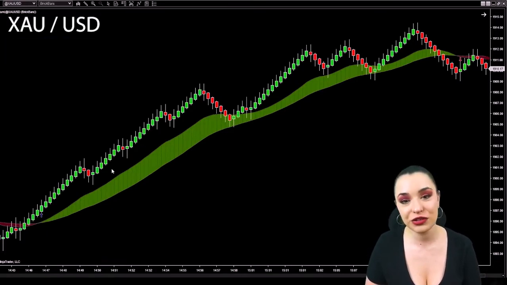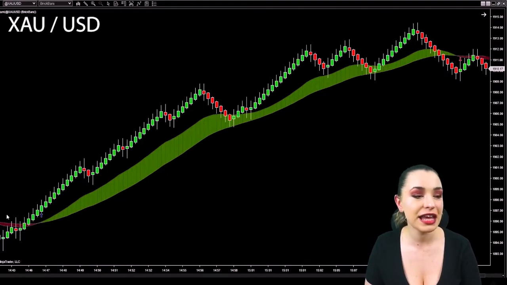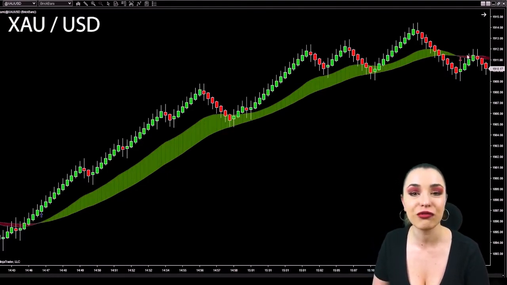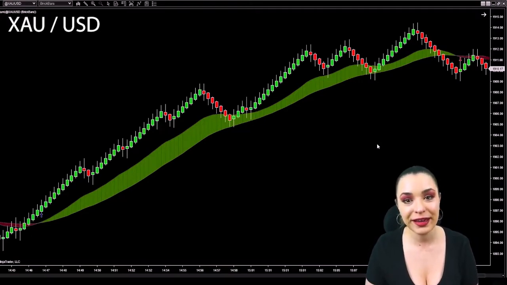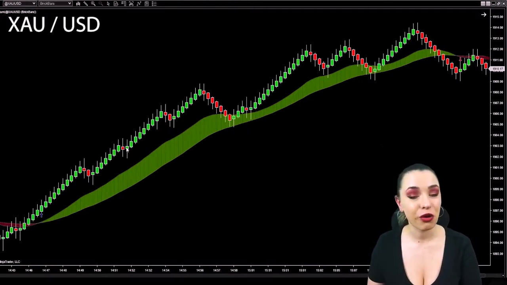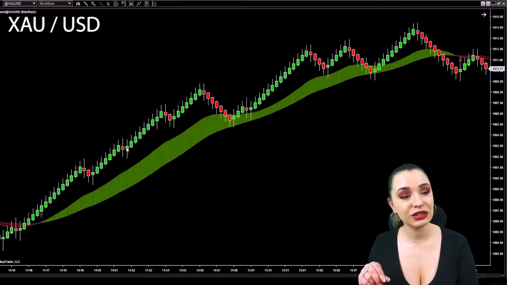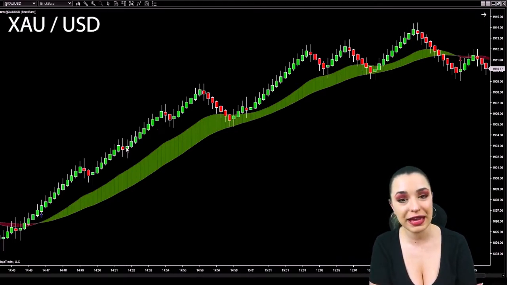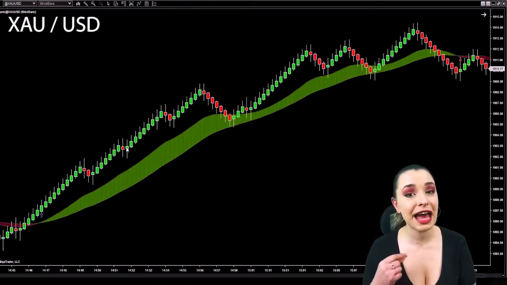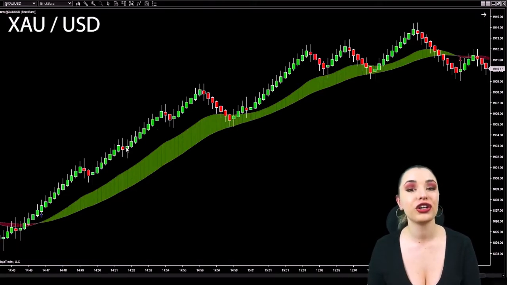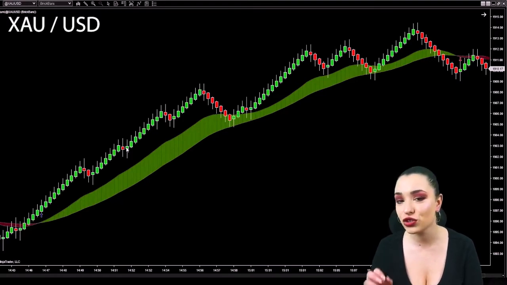Now what you can see on the screen are the green areas and the red areas. These represent the direction of the market and the actual volumes of it, okay? Now the little bars represent the price of the strategy and what you need to know in order to make informed decisions. Of course, with the combination of these two, the chart is additionally notifying you of any starting point